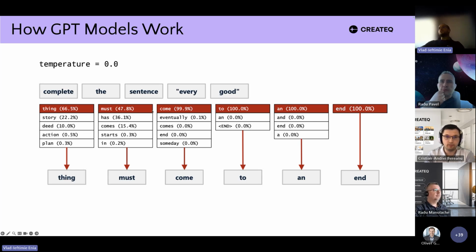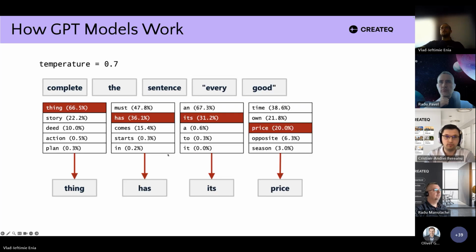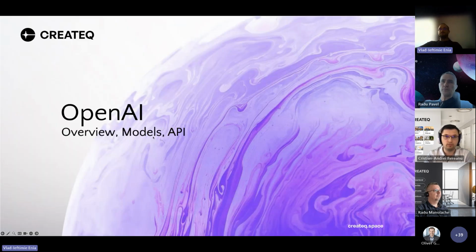These are the results and GPT picks the word with the biggest probability. If we were to give a higher temperature, then GPT will have a tendency to pick words with lower probability. So it will not give what we expect it to give, like instead of "every good thing must come to an end", it says that "every good thing has its price." Yeah, whatever.